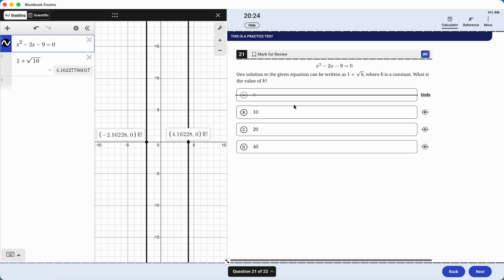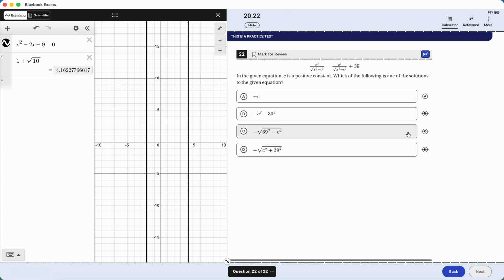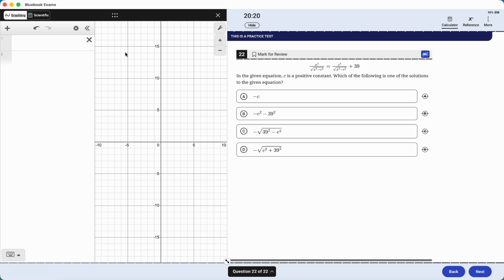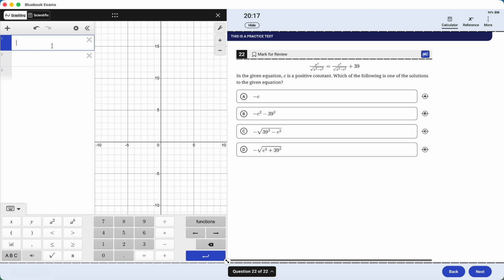Yeah, there it is, right? So it's 10. Really simple. Next one here. This is also not too bad, but it is a tricky one if you haven't seen these kind of problems before. So